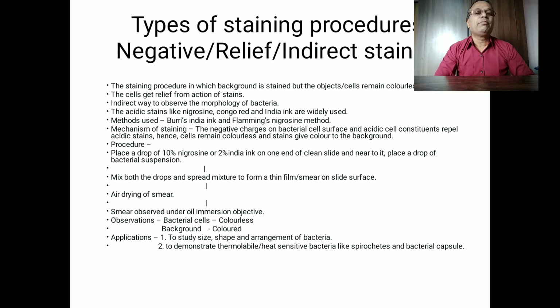Once the slide is made perfectly free from oil or grease, it will be ready to place the bacteria that are to be stained and observed. Once the clean glass slide is ready, the third requirement is a glass marker pen or a glass marking pencil. With the help of this pencil, you have to make a mark on the clean glass slide, either in the form of a circle or in the form of a rectangle. The purpose of making the mark is that we are going to place the bacteria within this marked area so that it will be very easy to observe within a limited and known space.